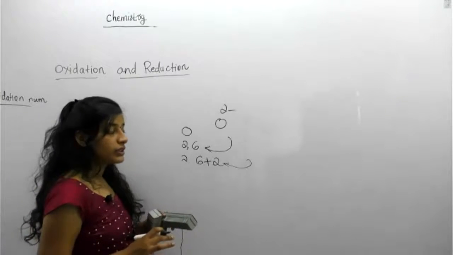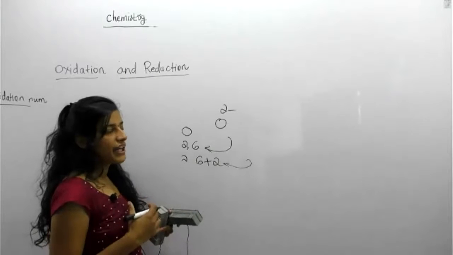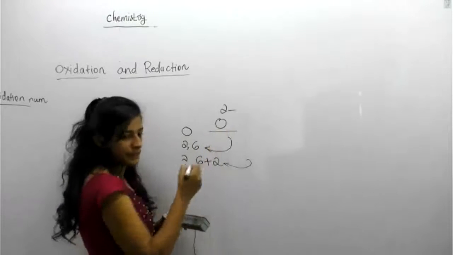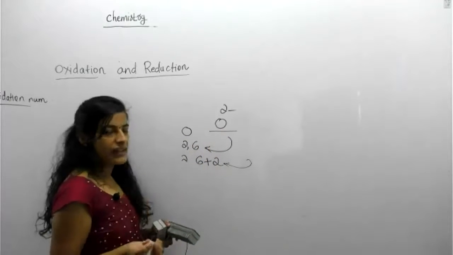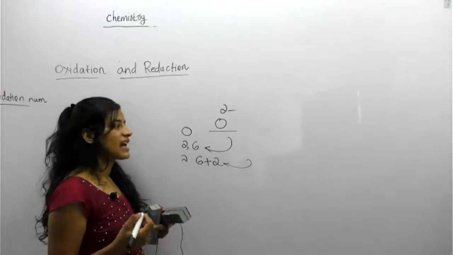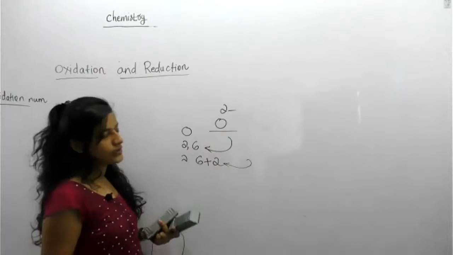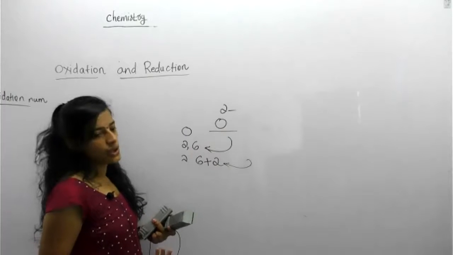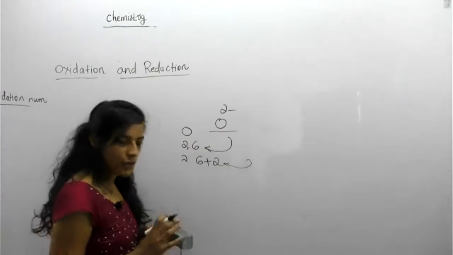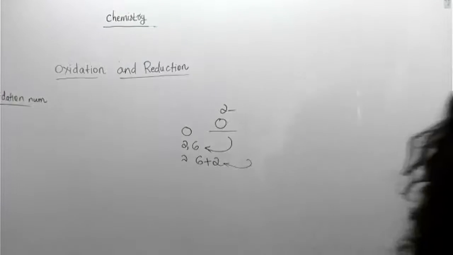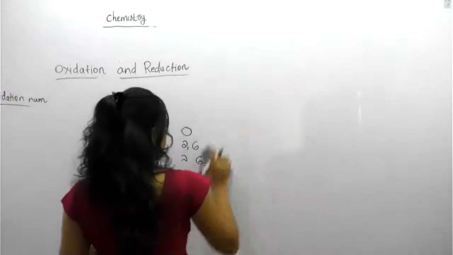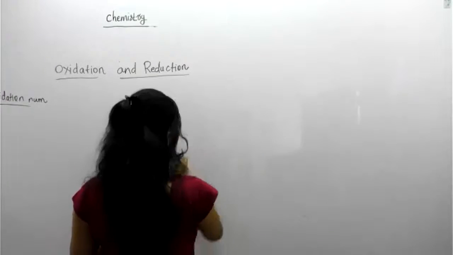Okay students, one more point. When will it happen? During chemical reactions only. O2 minus will happen only during the participation of a chemical reaction. Otherwise, it is just oxygen as such, so there is no exchange or acceptance of electrons. Okay, this point you want to keep in your mind. Minus 2 for oxygen.